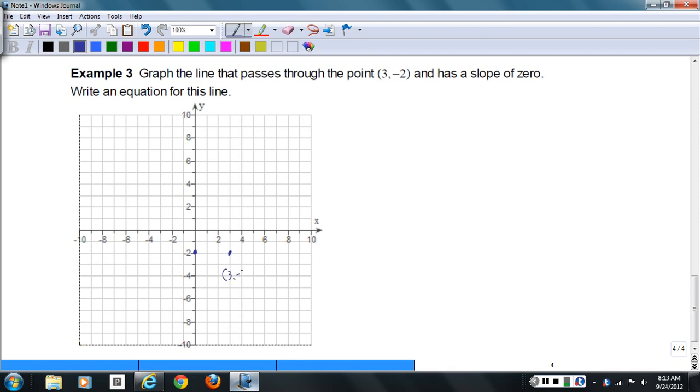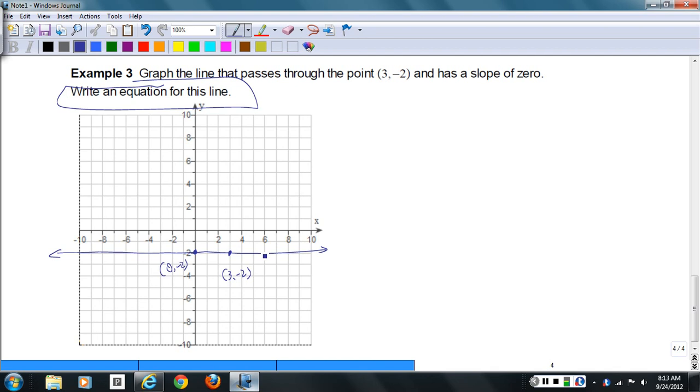So that's (3, negative 2), and that's (0, negative 2). I could connect those dots like this and this, and it asks us to write an equation for the line. So in the spirit of doing that without some sophisticated formula or form for coming up with an equation, just